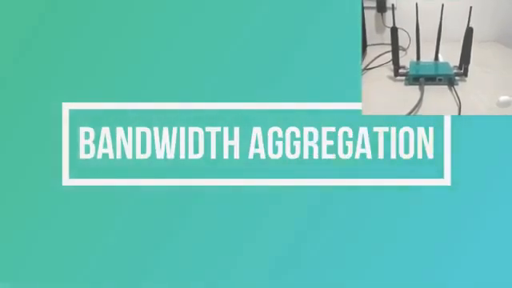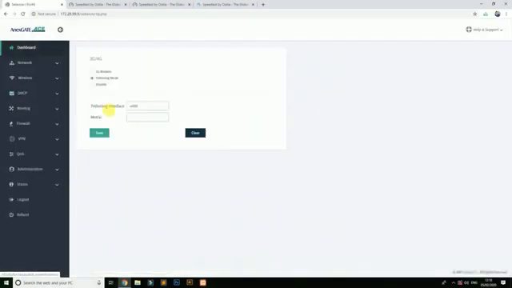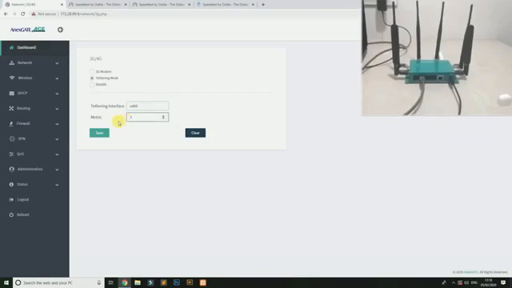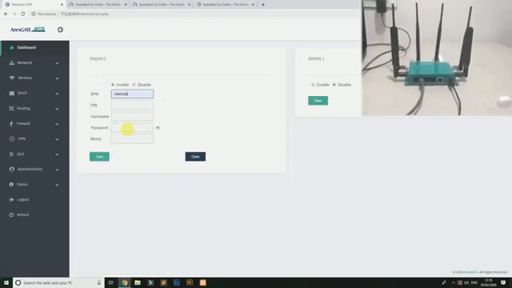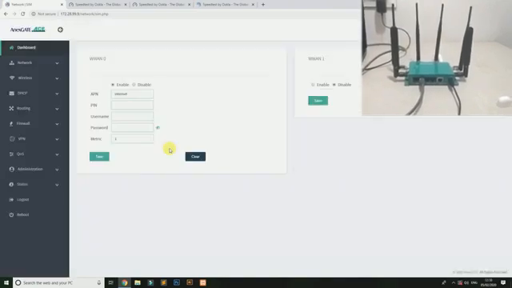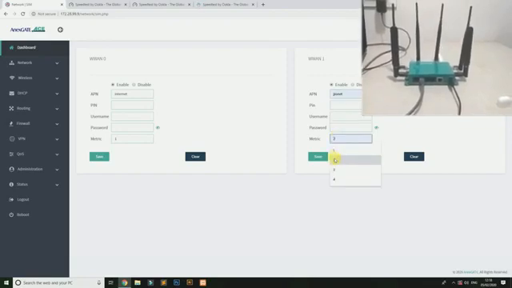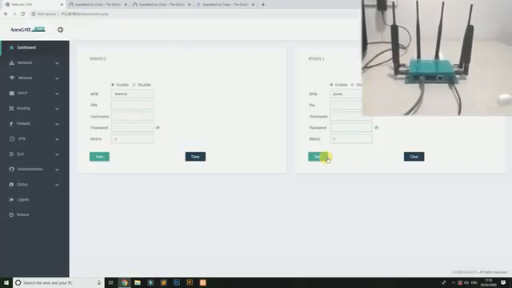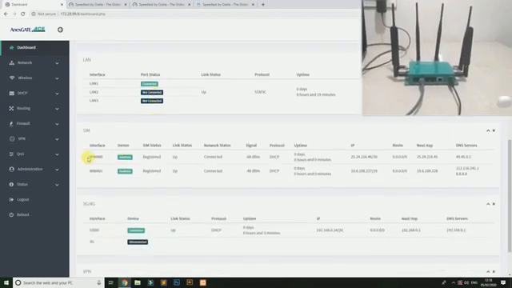We now activate the bandwidth aggregation mode. It is important that you enable the connections and set priority metrics for each connection. You can check the online status of all these connections on your dashboard.